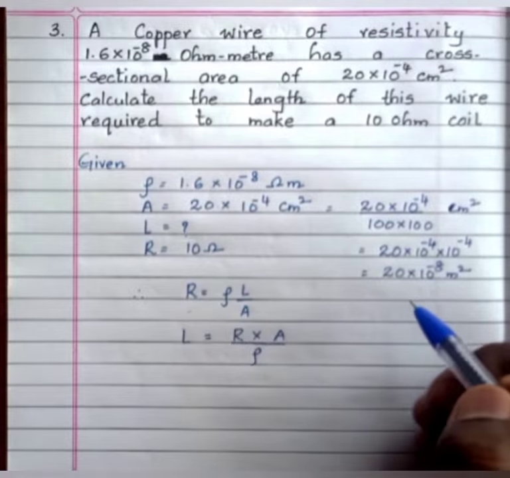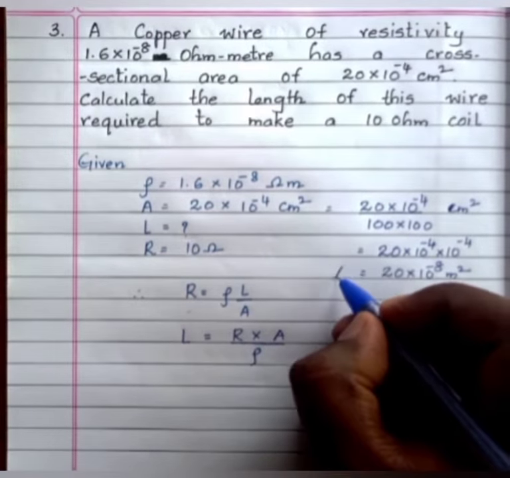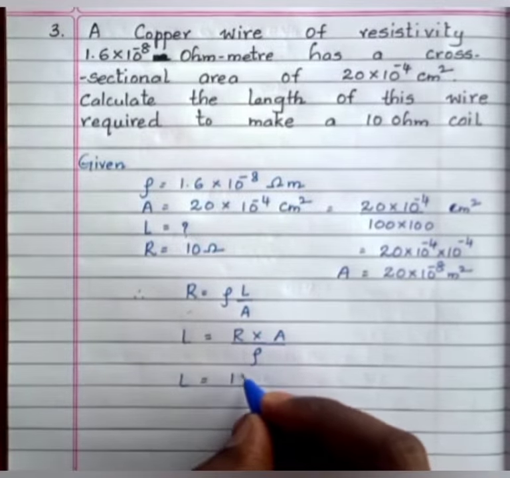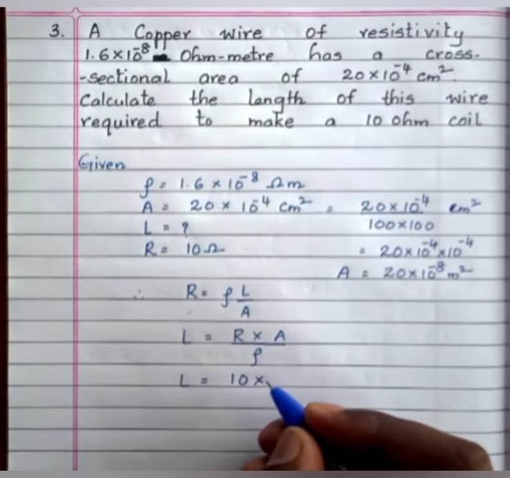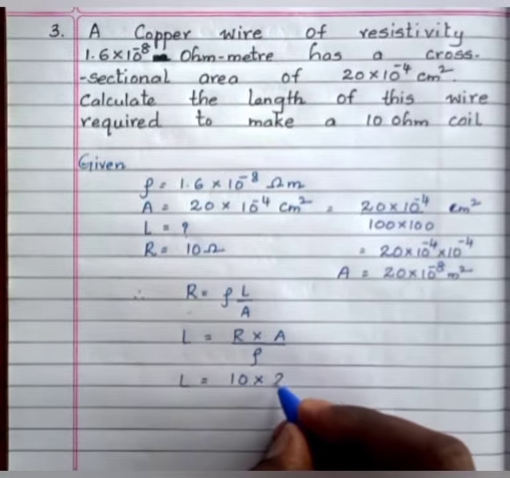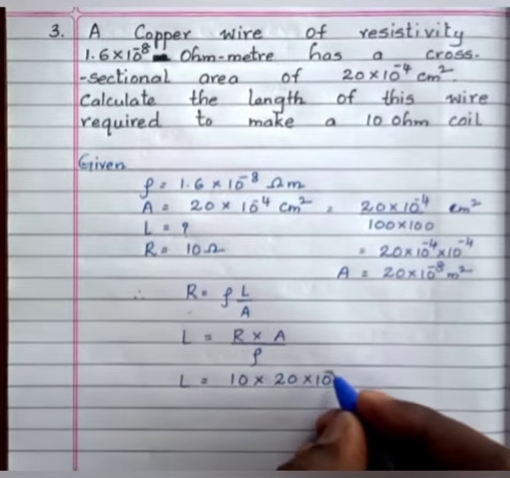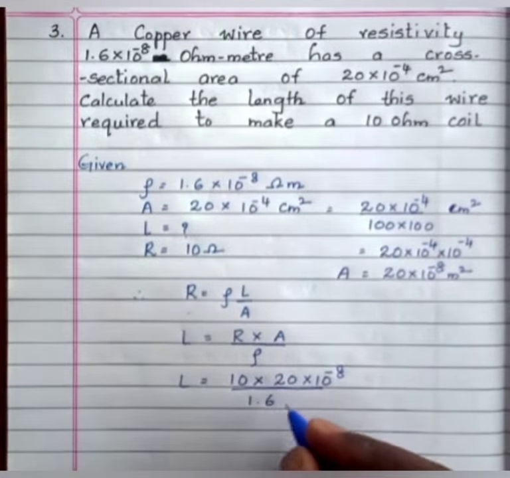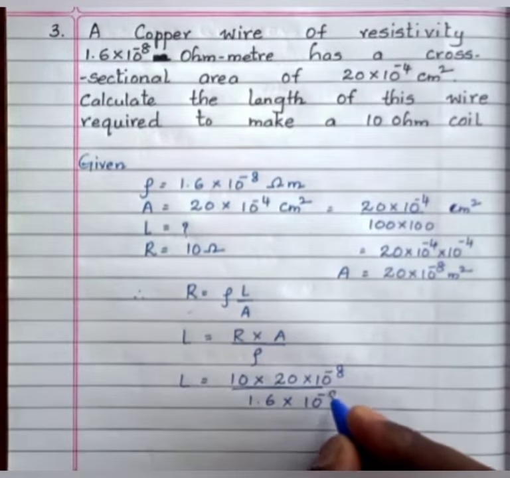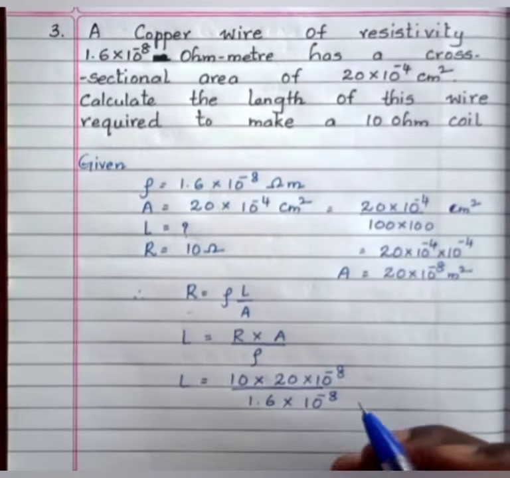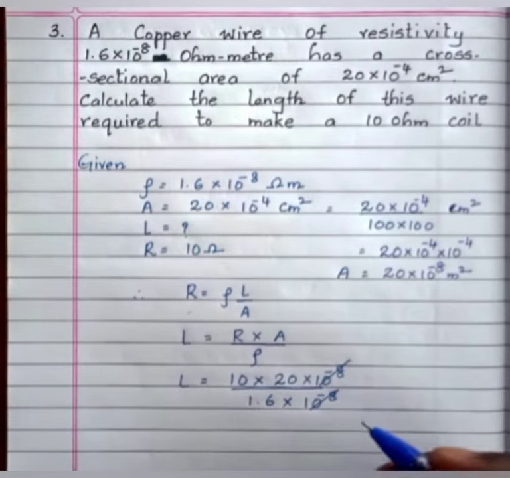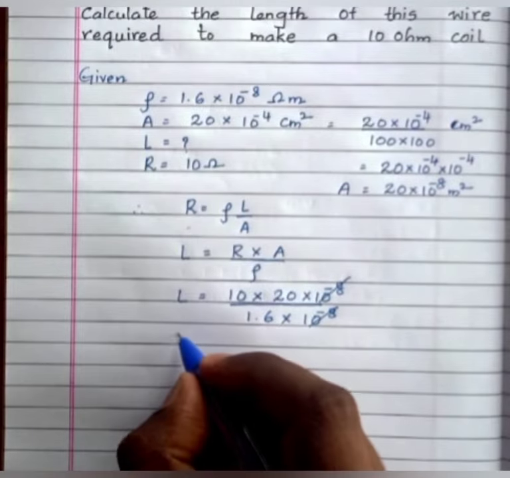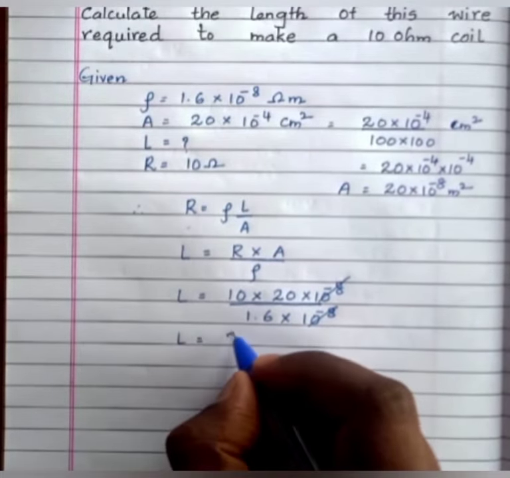To convert square centimeter to meter square, just divide by 10,000 or multiply by 10 power minus 4. Now L equals R into A by rho, substituting the value of R as 10, then A as 20 into 10 power minus 8 divided by the rho value, that is resistivity 1.6 into 10 power minus 8. Now 10 to the power minus 8 in the numerator and denominator will cancel out. We get L equals 10 into 20 divided by 1.6, that is 10 into 20 we get 200